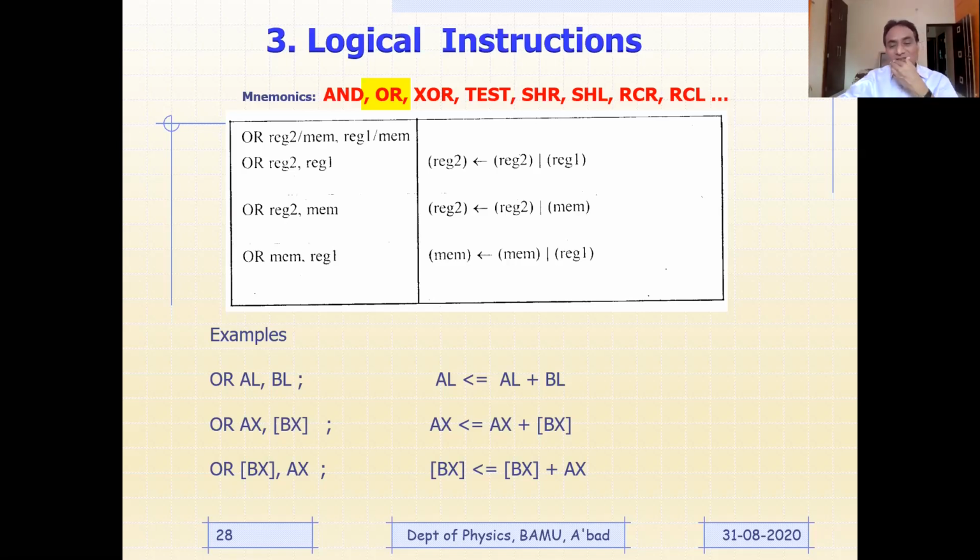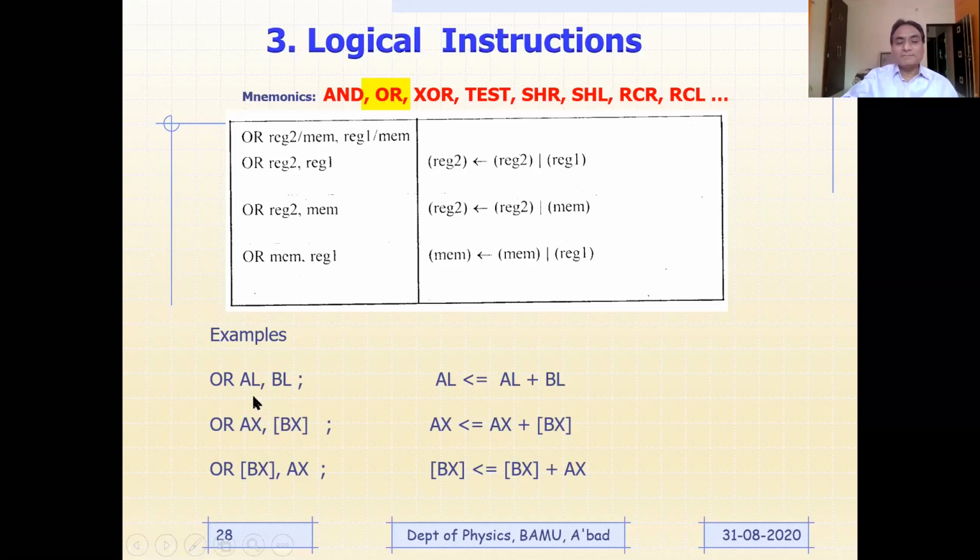So that you need to remember, otherwise you will not be able to process the data. Again the same example. Whether it is ORing or XORing or ANDing, you have this kind of option. I mean destination can be either register or memory location, source can be either register or memory location. Accordingly तीन options रहेंगे, either both registers, एक register दूसरा memory location, and you can have either memory location and register, मतलब source and destination में हम exchange करेंगे, right?